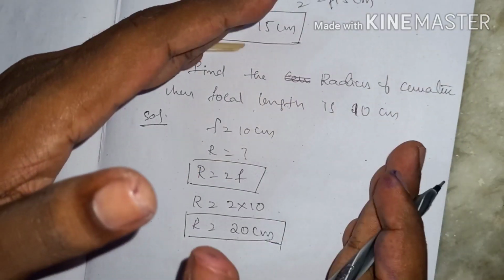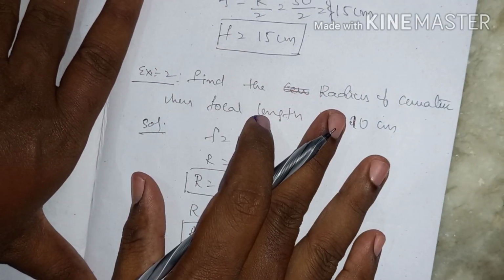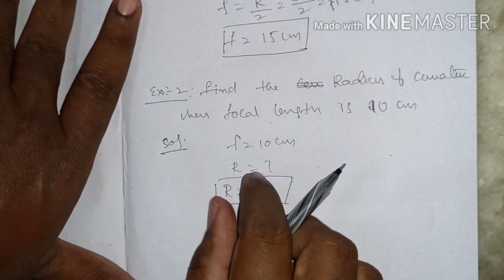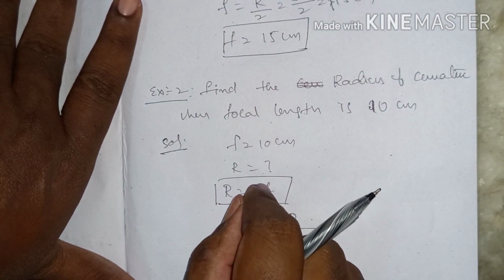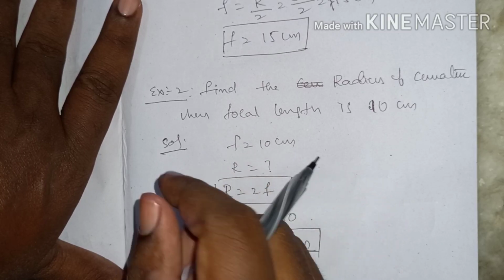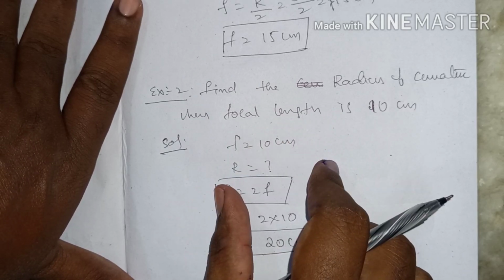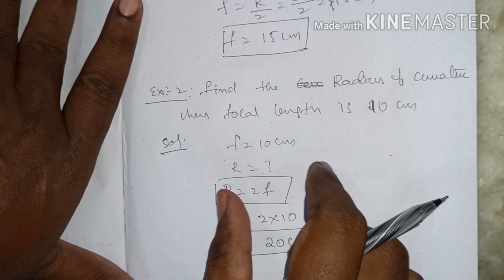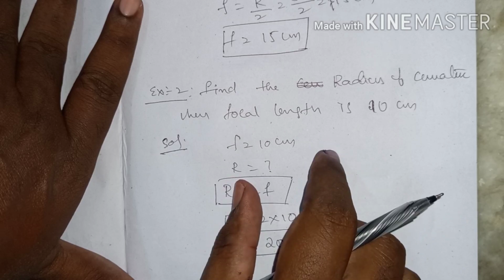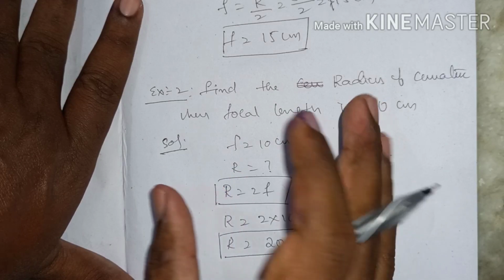Okay, up to now we discussed the basics about light, reflection of light, what the focal point and center of curvature are, what the radius of curvature and focal length are, and the relation between the focal length and radius of curvature. In the next class we are going to learn the lab activities, ray diagrams, and the calculation part. Hope this video is helpful to you. From the next videos onwards, the topic will become clearer.